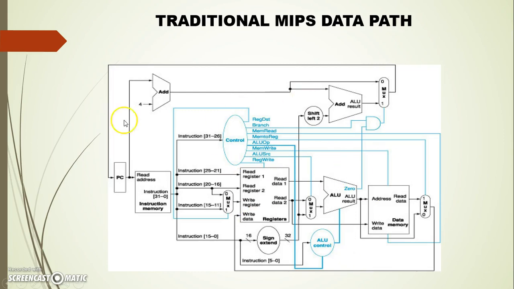Now before moving on, how can you comment that this architecture is a RISC architecture? By looking at this, you see that both the operands for the ALU are registers. So if you want to add two operands which are stored in the data memory, you have to use load word and store word instructions, or to be specific, load word instructions to get the data into the register bank, and then that data will be operated on in the ALU. The ALU cannot access memory directly, hence it is a RISC architecture.